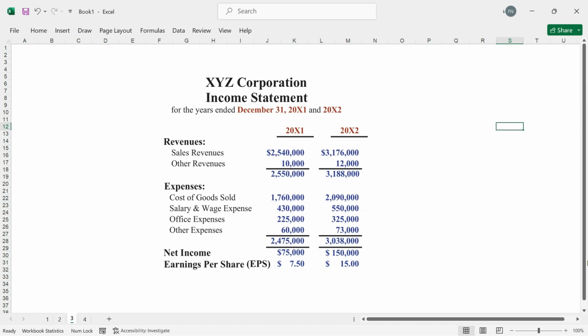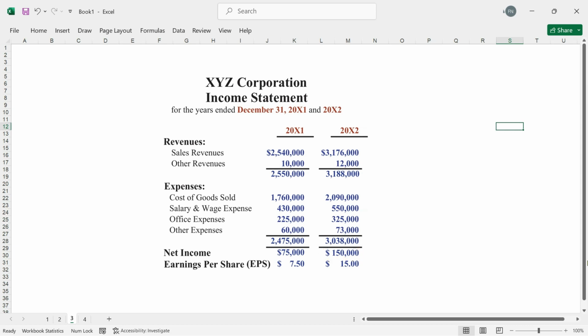And then you'll see here that again we have the 2 years of performance, 20X1 and 20X2, and then we'll simply list all the revenues, add them up for total revenues, and then deduct all of the expenses to create for us net income. Now, the net income amounts to $75,000 for the year 20X1, and $150,000 for the year